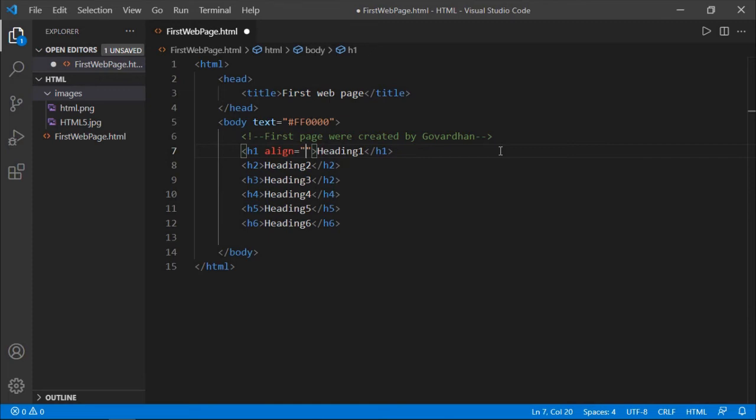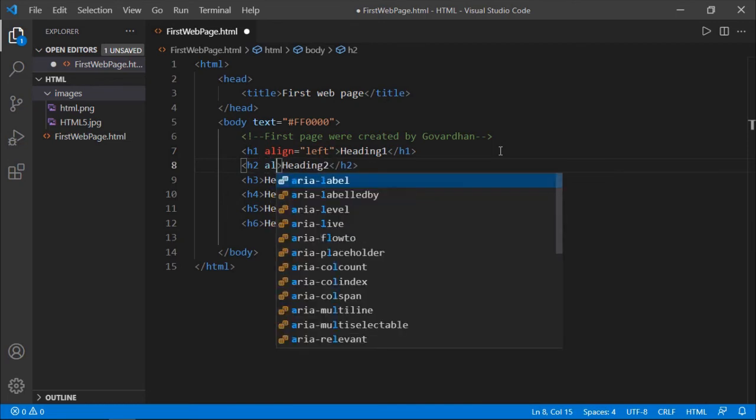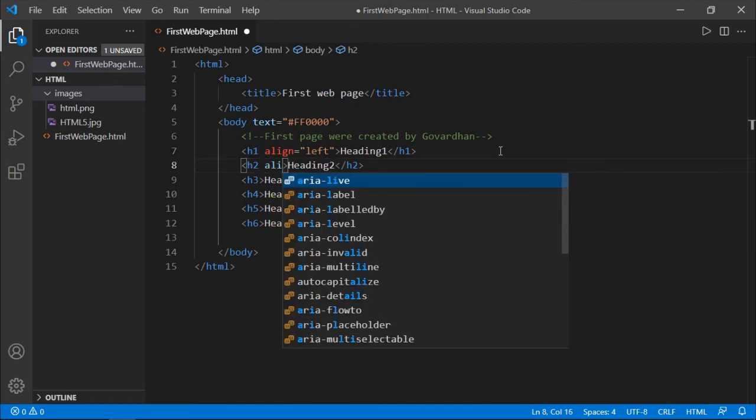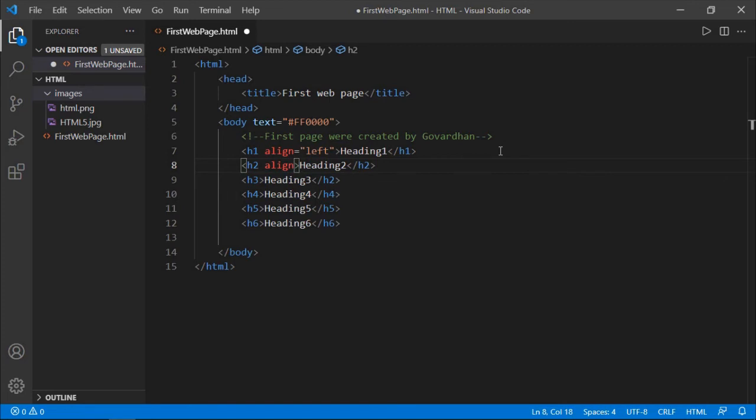See here, for the first heading tag I use the align attribute value as left. Then for the second one, I use center. Now for the third one, I use right.